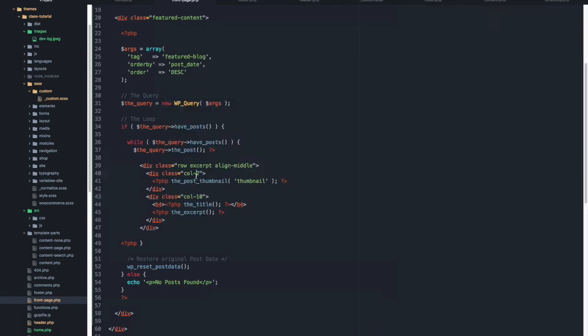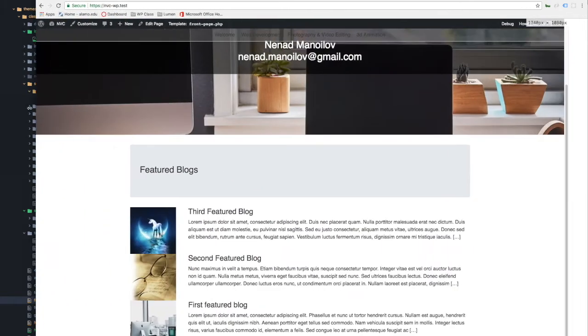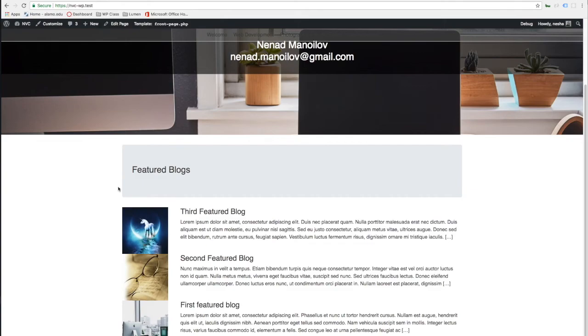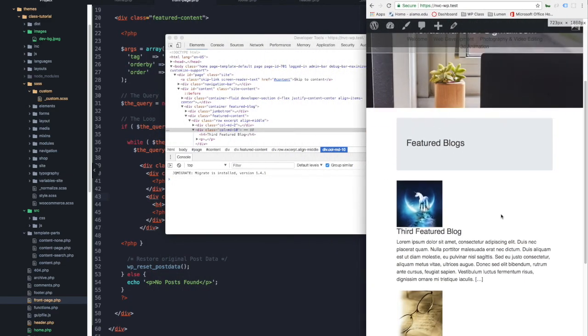So let's change this to MD2, and you can do LG or SM. If you do SM, it will be small size and up. MD is medium and up, LG is large and up, for like Retina displays, the big ones on Macs or something. So you can explore those because you might need them differently. So we save that. Let's go back full screen, refresh. Nothing changes on a big screen, but now as we get a smaller width, and boom,